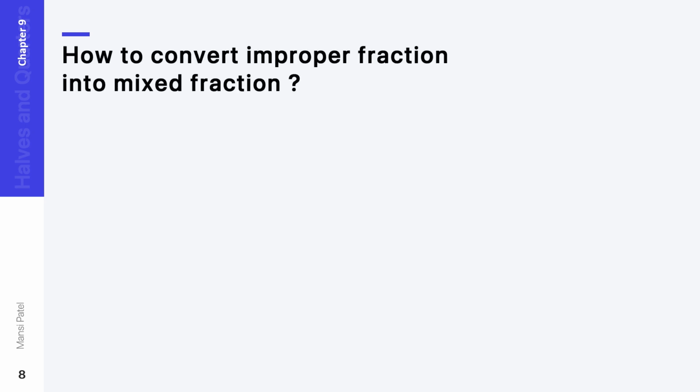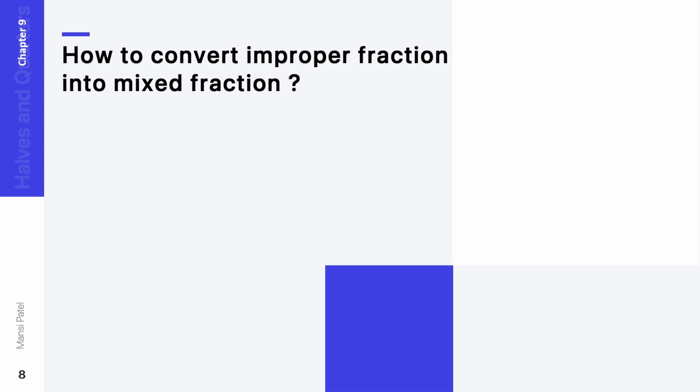Let us see our next topic. In this, you have to convert improper fraction into mixed fraction. How we convert it? Let us see. Whenever they were given improper fraction to you and you have to convert into mixed fraction, at that time you have to do the division. So, our first number is 21 upon 2. 21 half. You have to convert this improper fraction into mixed fraction. So just do the division.